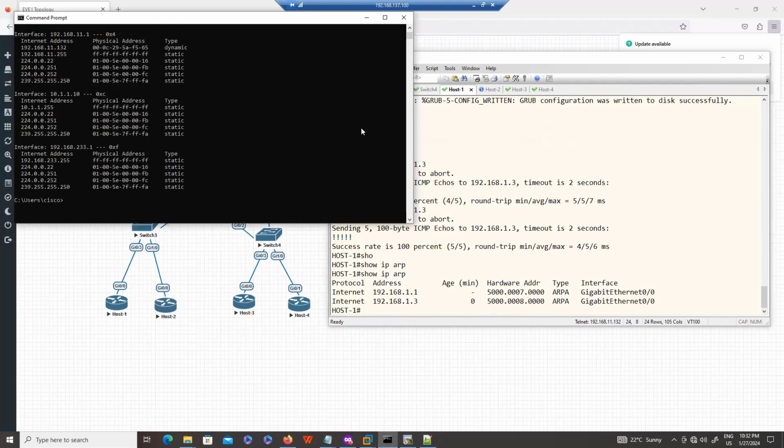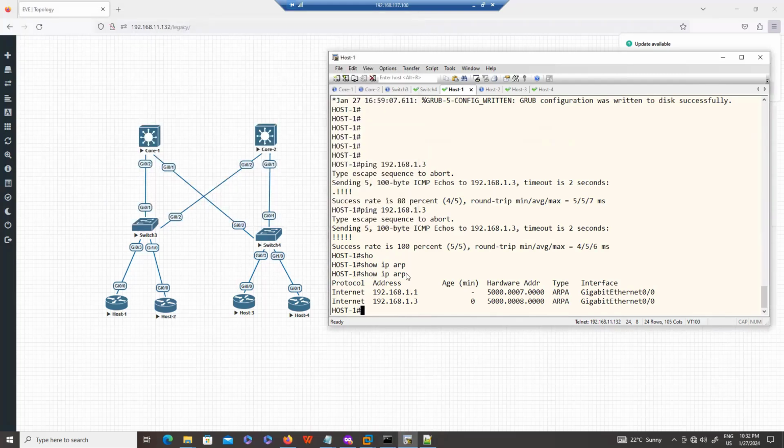When you communicate within the LAN, within the same subnet, you will see in the ARP table the entry of the destination IP. To reach 192.168.1.3, which is the destination IP I was pinging, I can see the MAC address.